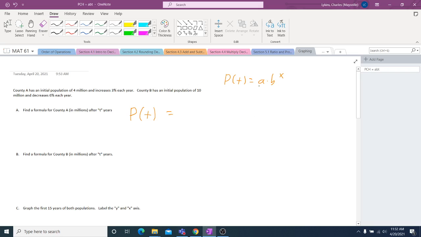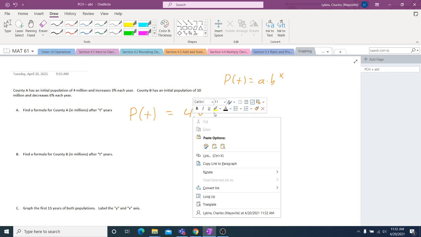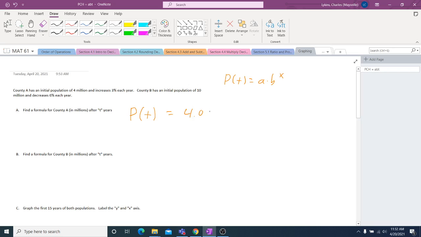Well, our initial value is always the A value. So our initial value in this case is 4.0. Now I'm going to put a multiplication symbol because with exponential, you're going to multiply. Now we're going to try to find what the growth factor is. It's a growth factor because it increases. So if you can recall,